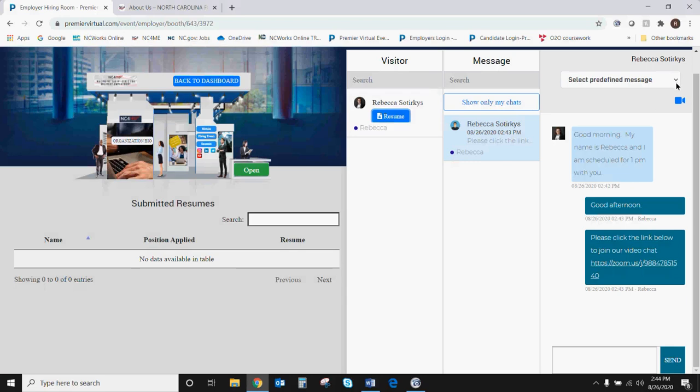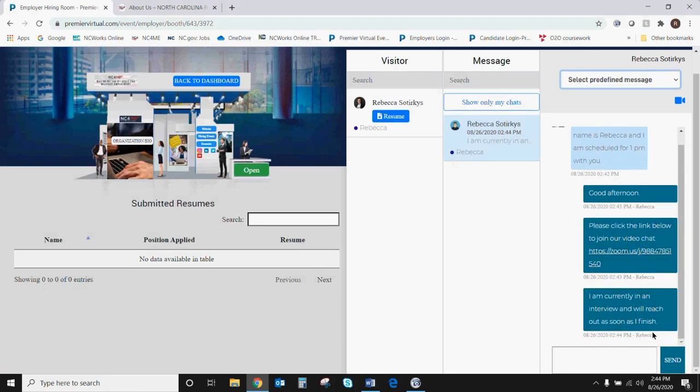The other thing I want to show you is these predefined messages. Now, remember, we filled this in under the Recruiter tab. I'm currently in an interview and will reach out to you soon. So if you have two screens and you have Premier Virtual up on one screen and you see a candidate reach in and send a message to you, instead of having to type this, you can go ahead and just click on it, and then it automatically sends it. You don't have to type it. You don't have to hit send. All you have to do is select that message, and it will automatically send it. So it is a one-click effort to communicate back to the candidate in your room